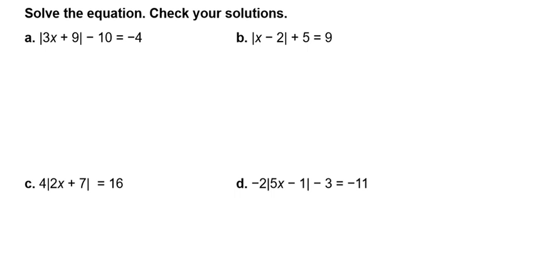I'm a big fan of zombie movies, and so I think of that in a situation. Sometimes you have a compound, a place where you're safe, and that's inside these absolute value markers right here. So that's our compound. Here, our 3x plus 9, right now they're safe. There are no zombies around them. So this minus 10 right here, that would be a zombie because it's something outside of our absolute value protection